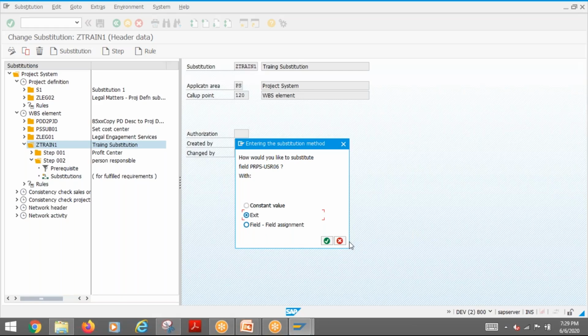Okay, so maybe it's a customization. The only thing is what you're saying, there is a rule here that I don't know whether it will work or not. That you need to check. So normally what we do is use an exit. There is a standard exit for this, and you can use it. For example, if I do exit,